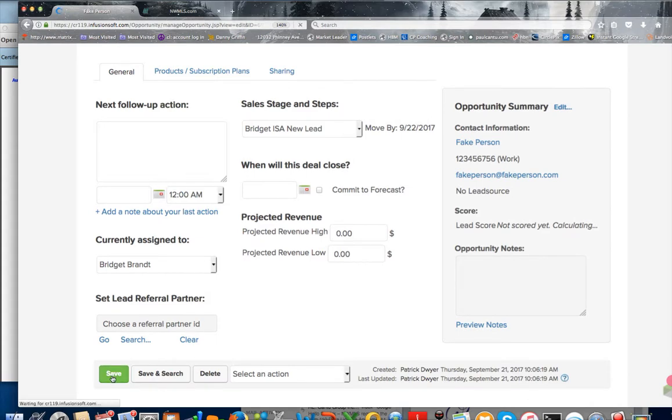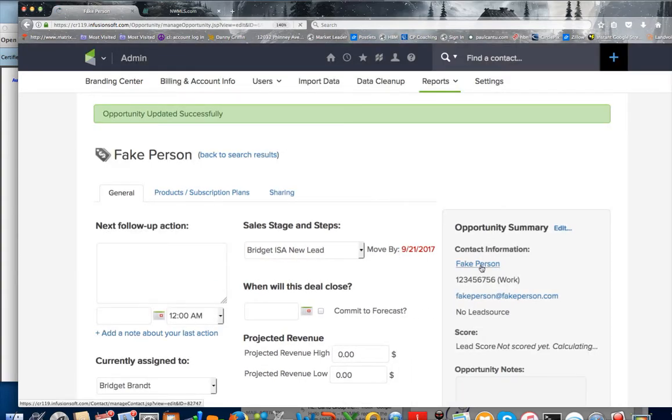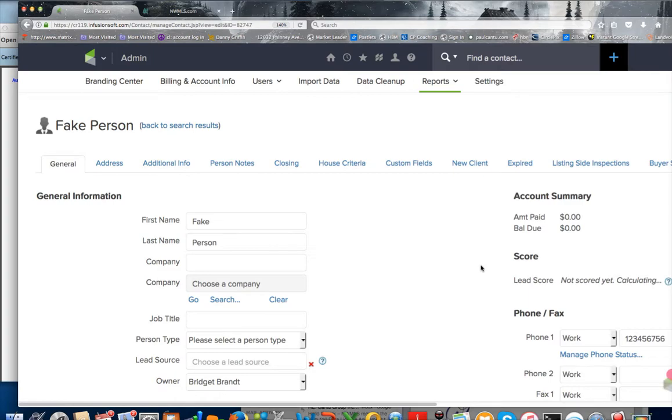Another thing with Infusionsoft is hitting save is huge. It doesn't auto save anything, so I save more than I even have to because I'm just paranoid about losing information. You're an oversaver. I'm a textbook oversaver. That's all right. Okay, so